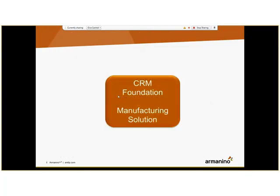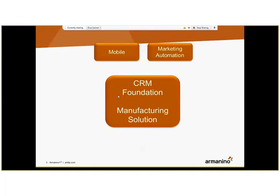So I think one of the interesting things to talk about too is not only where CRM is today, but where it is that companies are investing around CRM. And so it's very often that we'll implement a CRM system for our customers, and we tailor it and configure it for manufacturers, the specific business processes that they have. But very quickly after that, I get a couple of questions. And the first two questions I get are around mobility